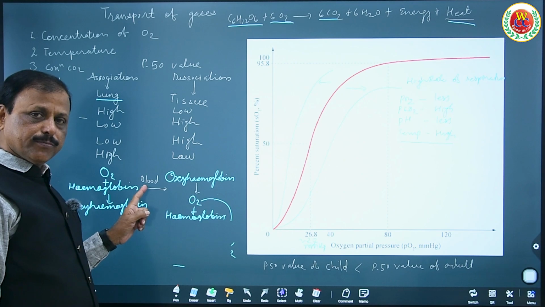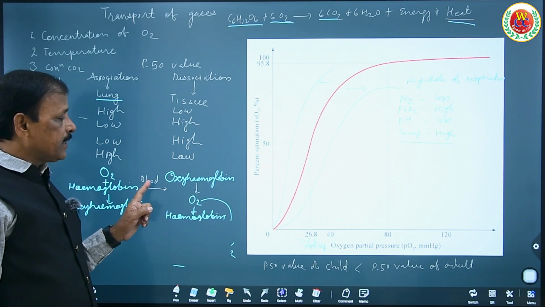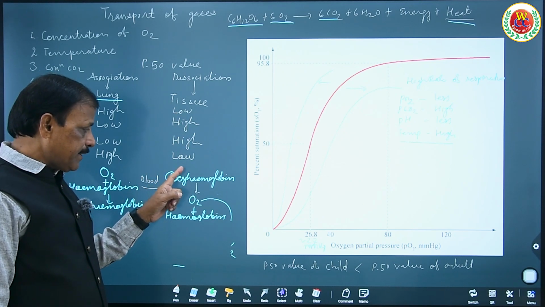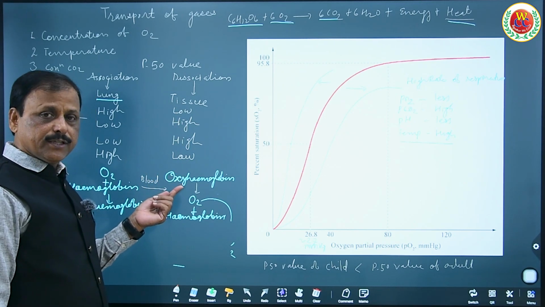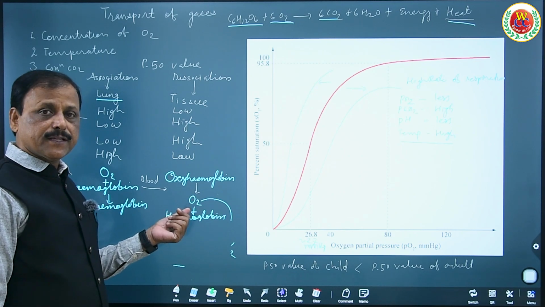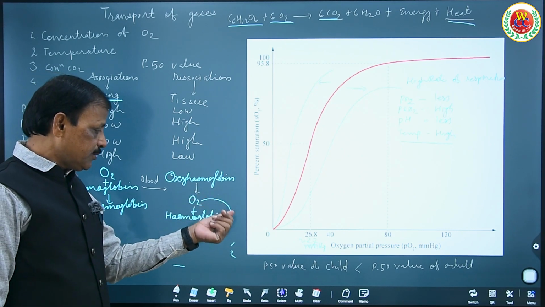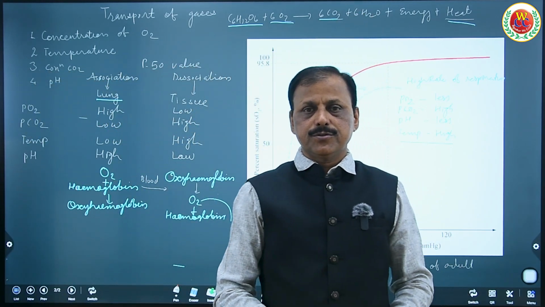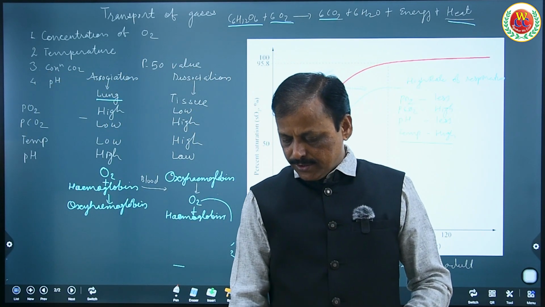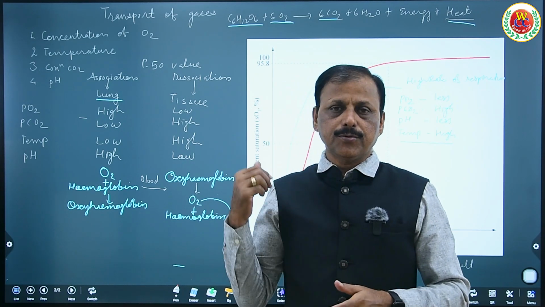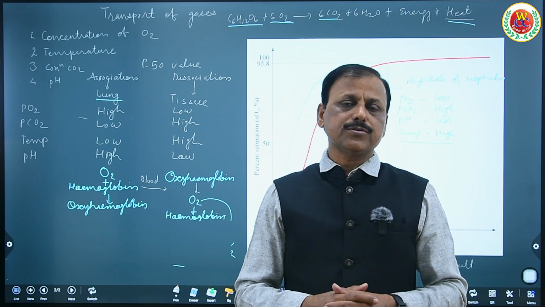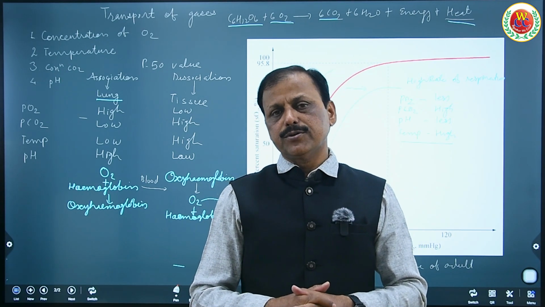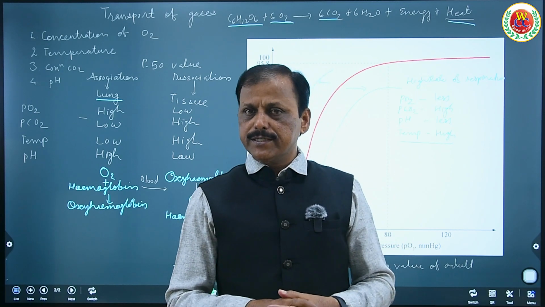And when it is transferred through the blood to the tissue, what conditions are maintained at the site of tissue that enable oxyhemoglobin to dissociate, that is, to make the oxygen free to deliver to the tissue for the process of respiration. So I hope you understood what the oxygen association dissociation curve is and how oxygen gets associated at the site of the lungs. A question can be asked in examination: